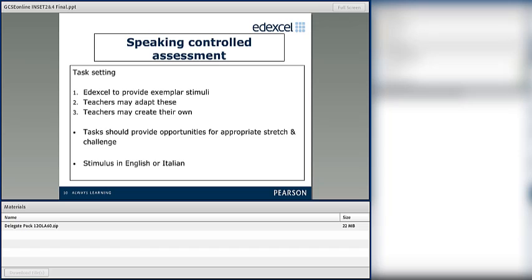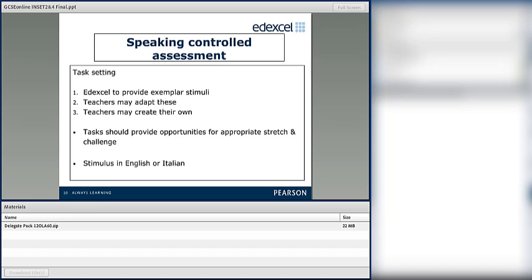You can change some bullet points, remove a bullet point, add another one, or else you can create entirely your own. And that certainly applies to the picture-based discussion and the presentation, where you're free to choose together with your students what topics they want to talk about and how to organize the presentation.